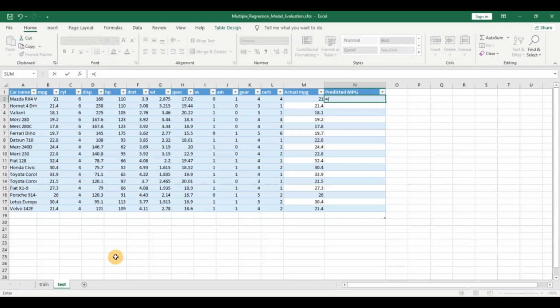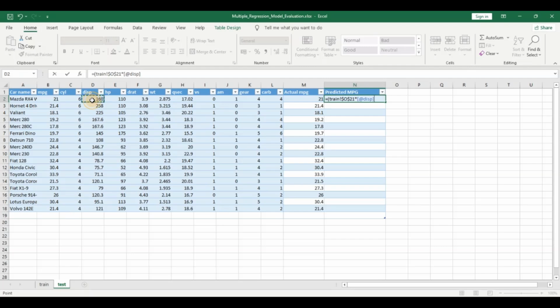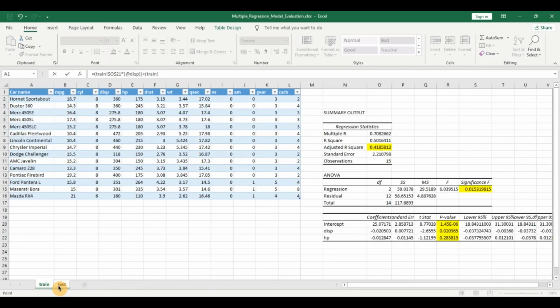Let's go to the train sheet. I'll click on displacement first. Let's fix this. I'll click into the multiply sign. Let's come back and click on the displacement. Then I'm going to close the bracket, plus again open the bracket, going to click on the train sheet. Let's do horsepower here, fix it again, let's hit F4, multiply by